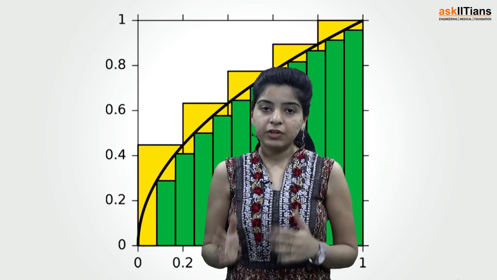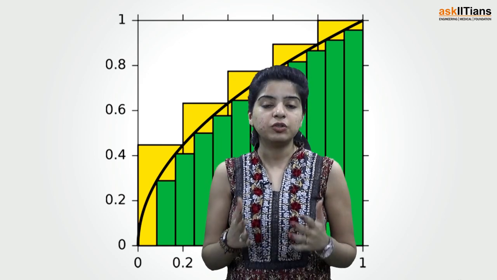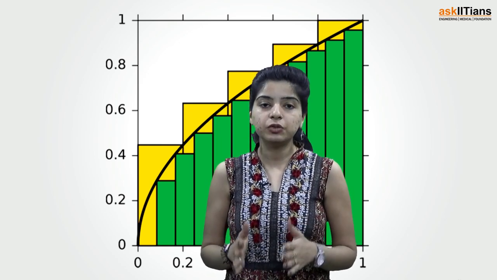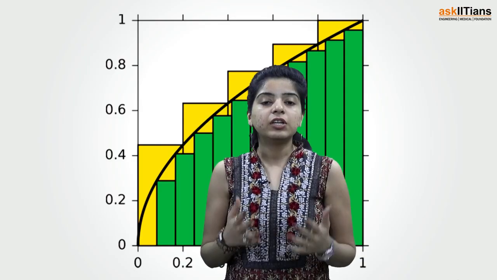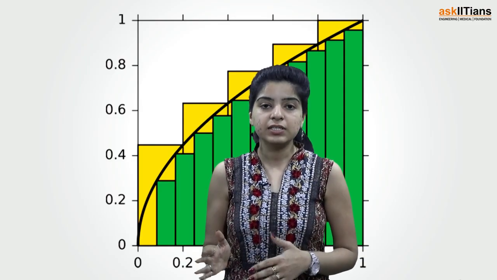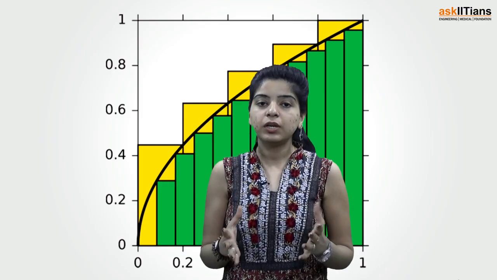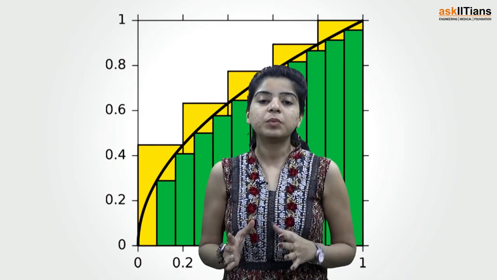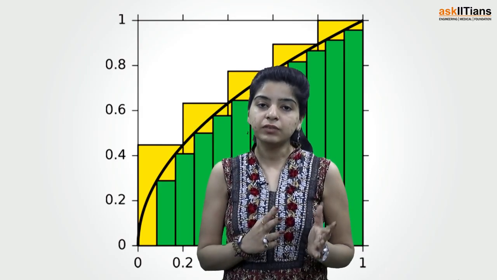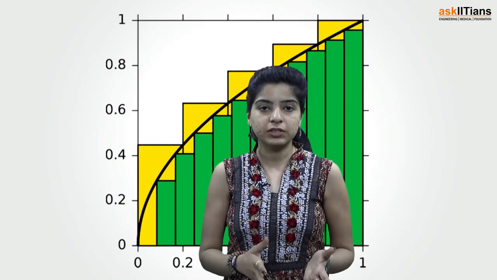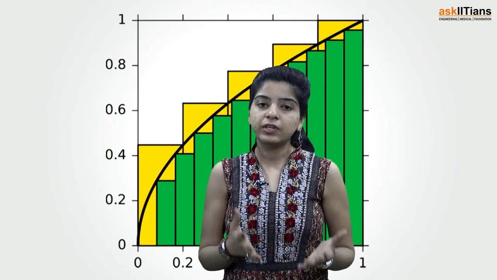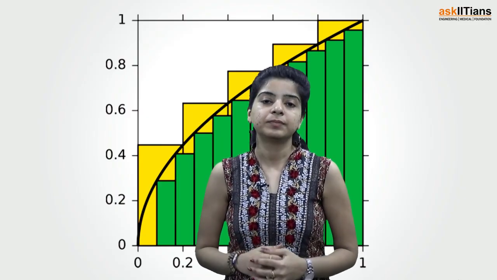So we'll be discussing various properties like integral a to b f(x) dx is integral a to b f(t) dt. Integral a to b f(x) dx is minus of integral b to a f(x) dx. That means if you want to interchange your limits, you can do so by just putting a negative sign in front of the integral of the function. And we should also discuss various such properties, so stay tuned.